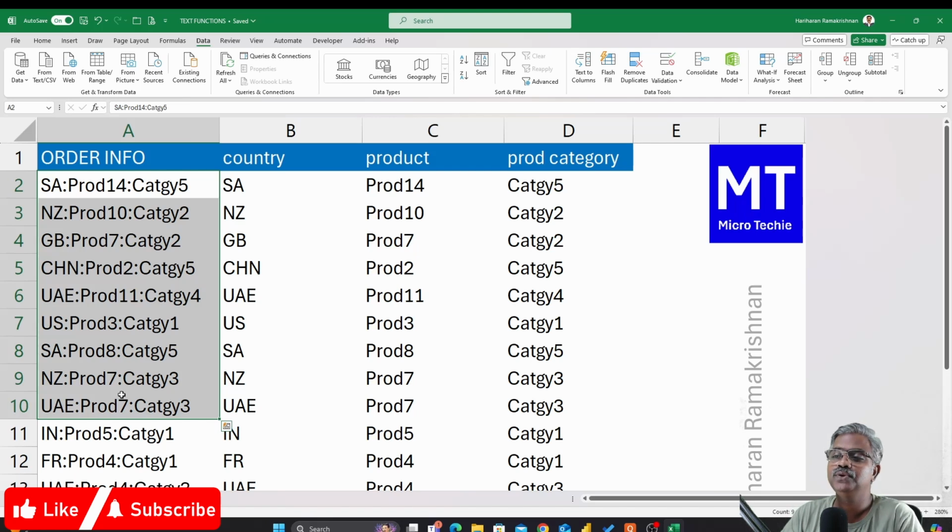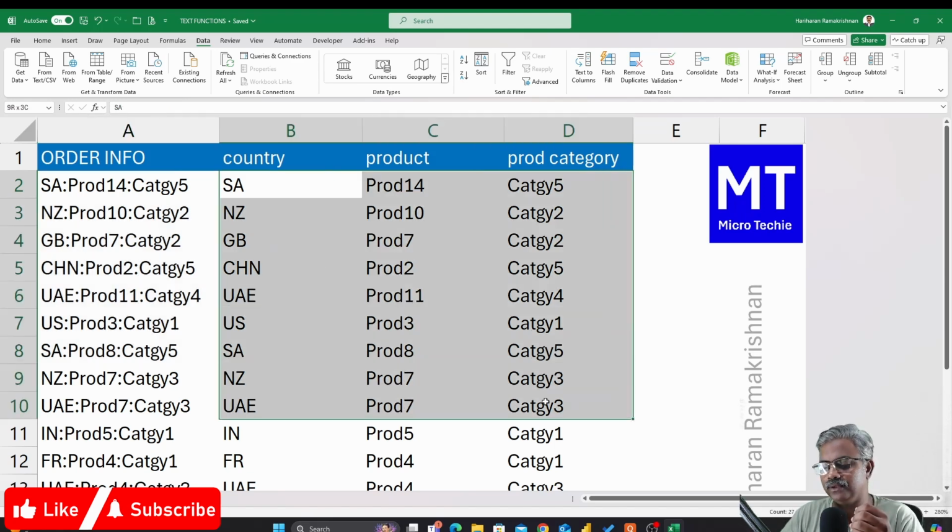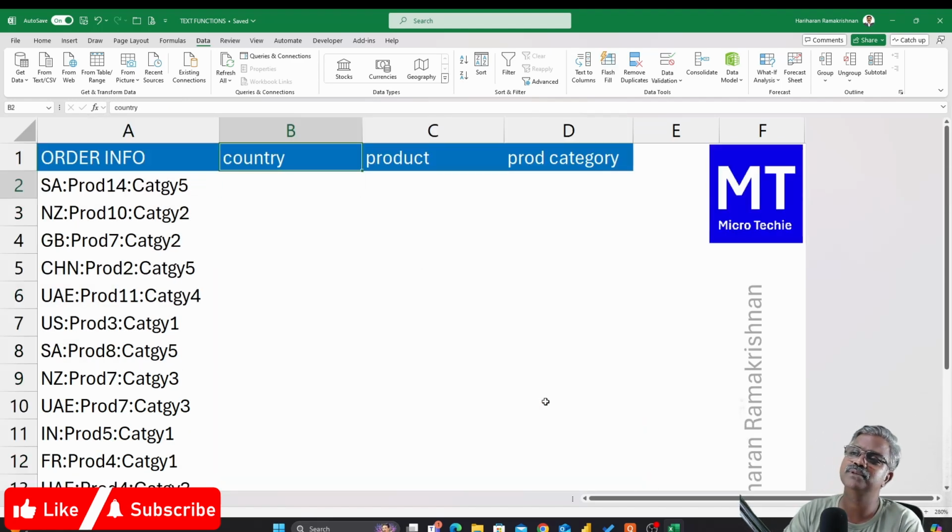But let's say you cannot guarantee that it's always going to be constant. Probably these will be updating. Probably this is a column where I'm extracting the result of some other linking process. So whenever the master changes, here also the column will change. If you have such kind of things, then obviously text to column is not going to help out. So we should look for something which is a formula approach, which can take care of that dynamicity in